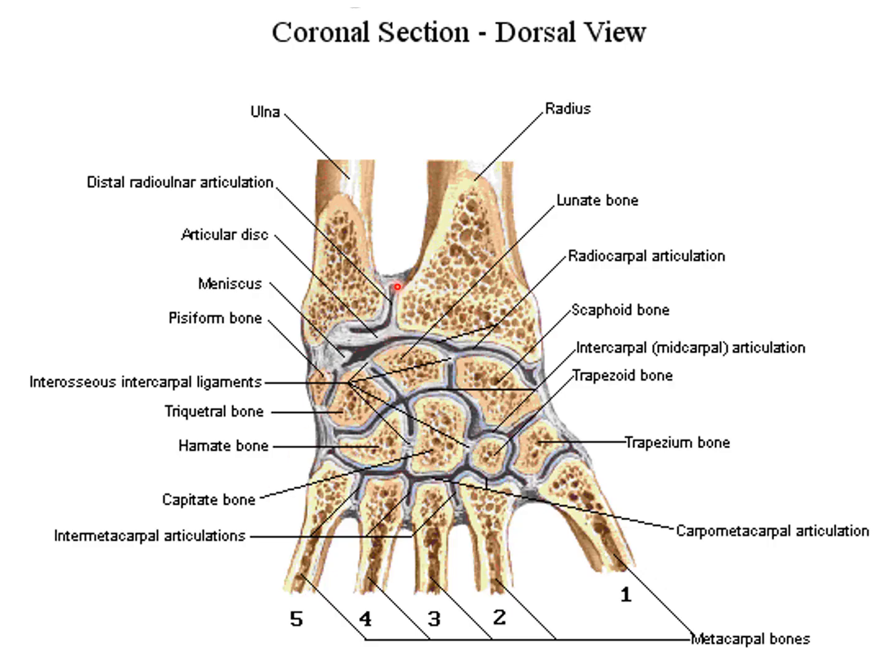So here you can see this is our distal radioulnar joint. Then we have an articular disc. This is the joint cavity of the wrist joint, or radiocarpal joint. And then you can see the proximal row of the carpal bones. This is the distal row of the carpal bones. In between them we have a joint cavity, and this joint cavity is known as the midcarpal joint. You can see these bones are connecting together through plane synovial joints. And the other joint cavity between the distal row of carpal bones and the metacarpal bones is known as the carpometacarpal articulation.